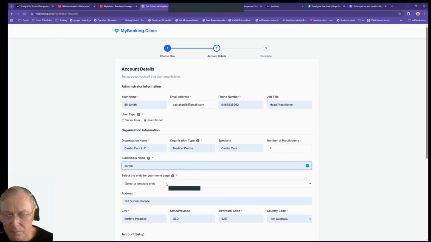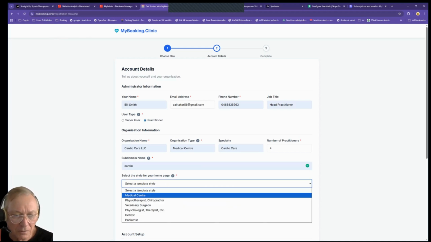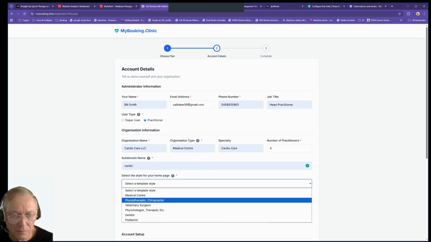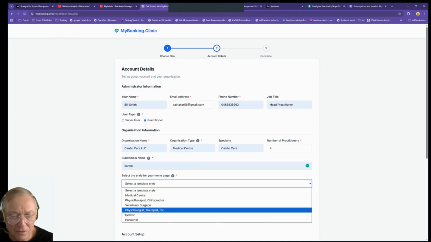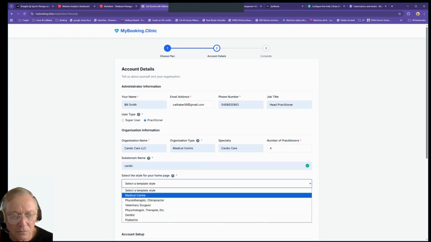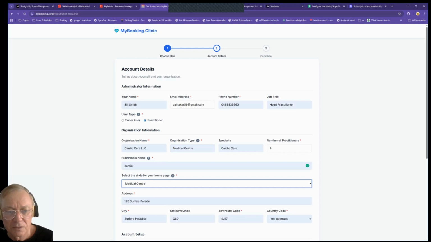So if yours might be physio or whatever, that makes it an easy URL to give to your clients or patients. Selected template style for the website. At the moment, there are only medical center and physiotherapist, chiropractor, but we'll be adding these others in due course. So let's just pick medical center. It doesn't matter a lot. It just changes the colors and the design slightly, and background images, but you can change the background images anyway. So medical center,